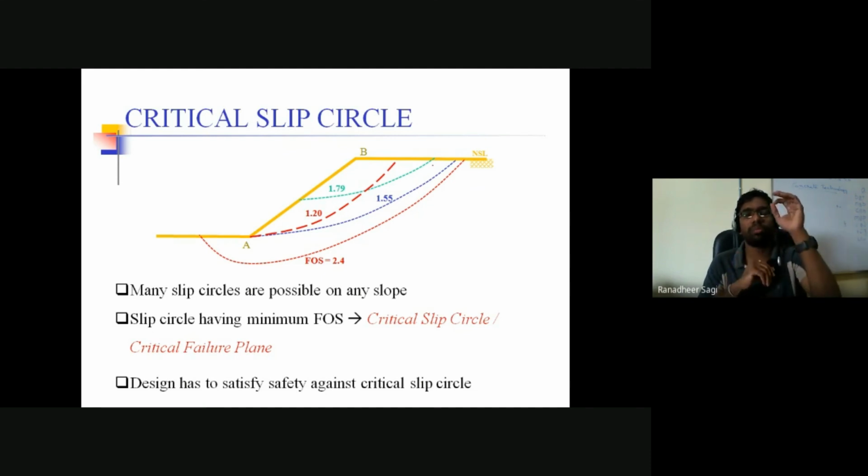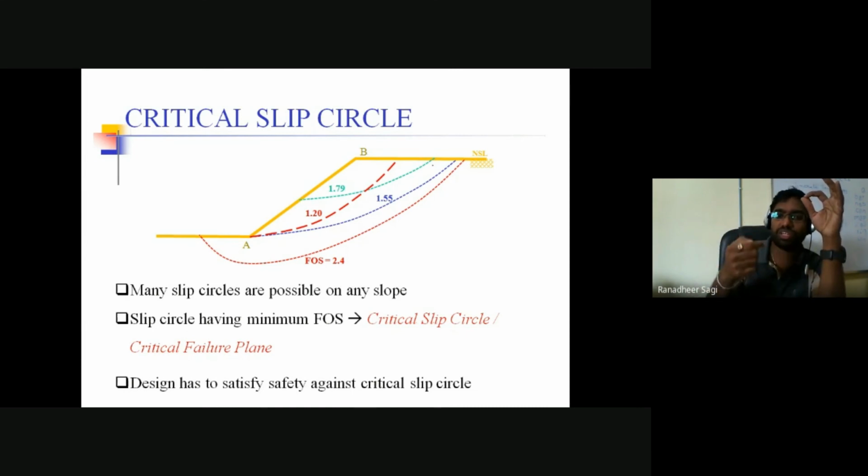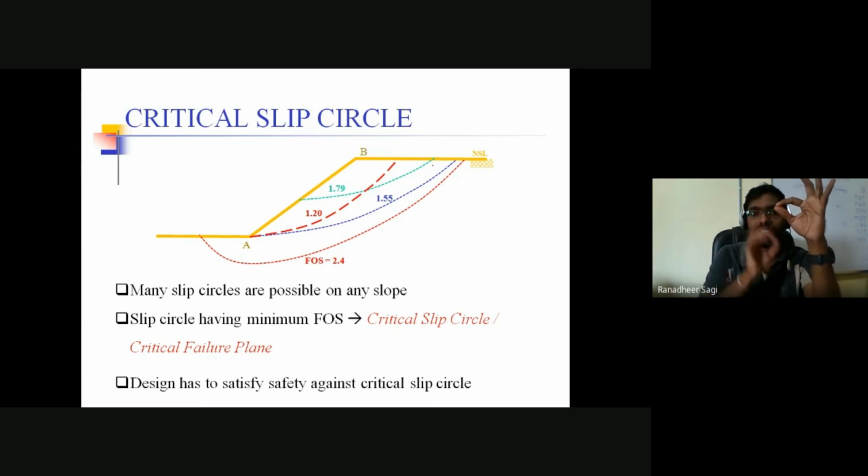So we choose some center point about which the failure is assumed to develop, and with that point as center and different radii, we draw different failure surfaces, and calculate for each considered failure surface the factor of safety. The least of all those factors of safety is what is considered the critical failure surface for that chosen center. Likewise, we go on to choose different center points and calculate the critical slip surface for each center point.